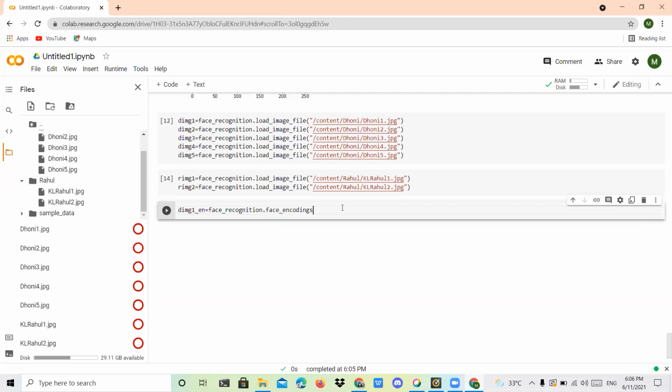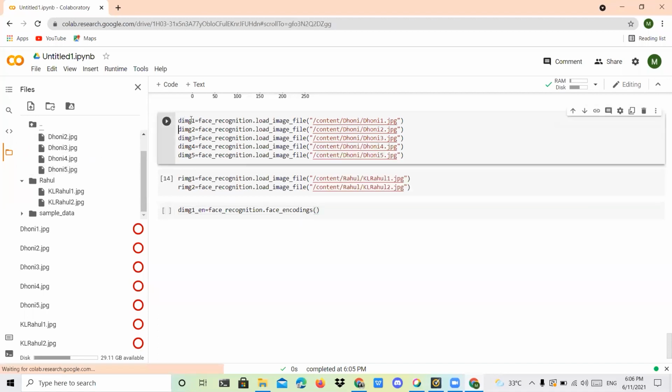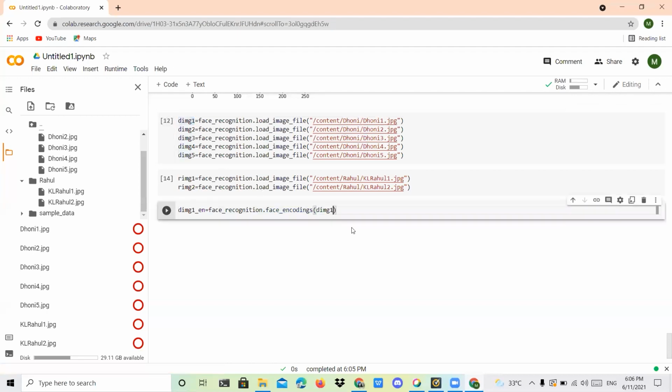Within the bracket, you can mention only the first image that is already loaded in this place. Don't copy the path from here; it is already loaded in that variable, so you can copy it here. So Dhoni image 1 is there. Followed by it's an encoding of numbers in array format.